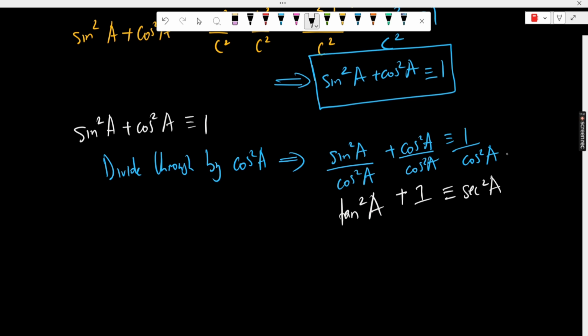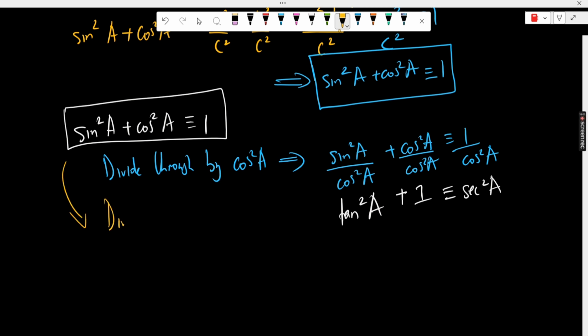So that is one identity there, right? Now, the syllabus does not require you to be able to prove this one, but I just derived it to show you where it came from. And it basically stems from this identity, sine squared A plus cos squared A is equivalent to 1. Now, let's go a little bit further. This time we're going to divide through by sine squared A. So let's take the same equation, but we're going to divide through